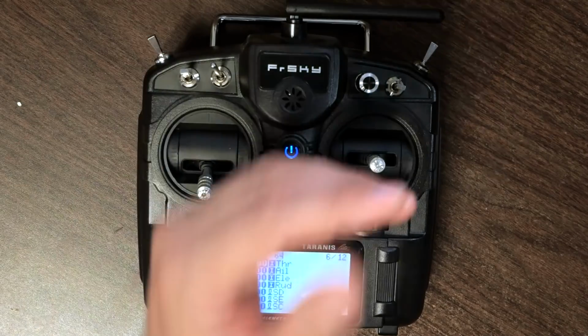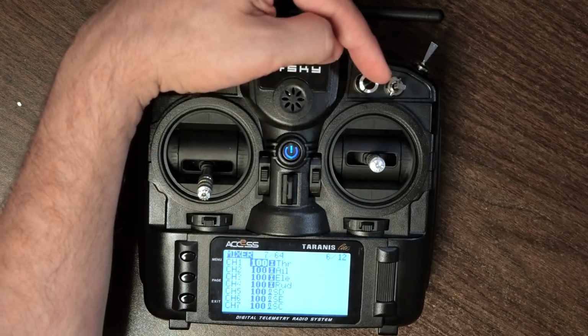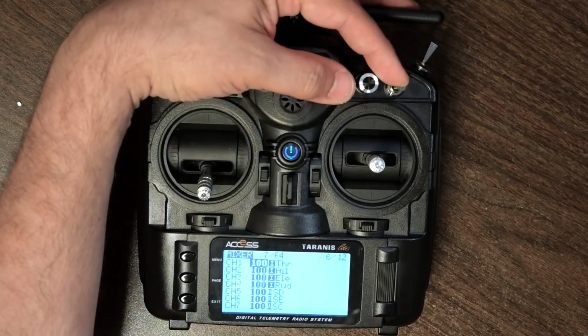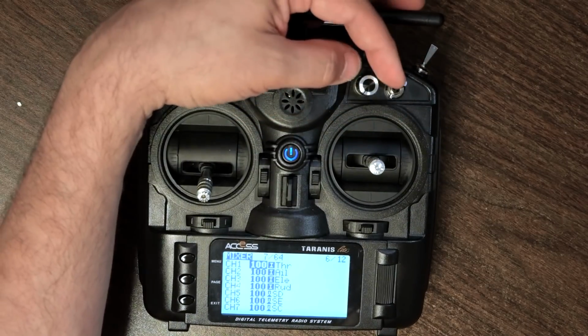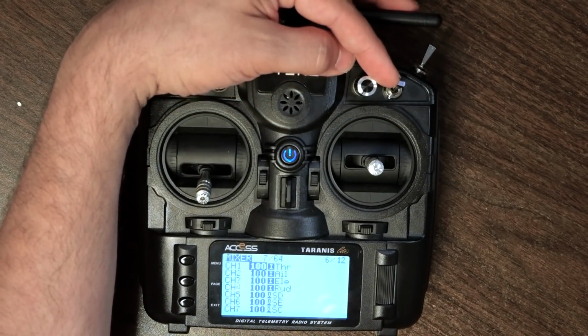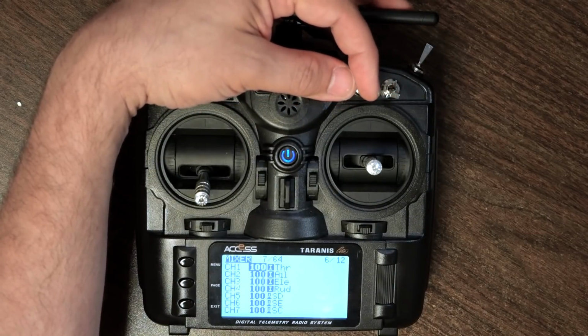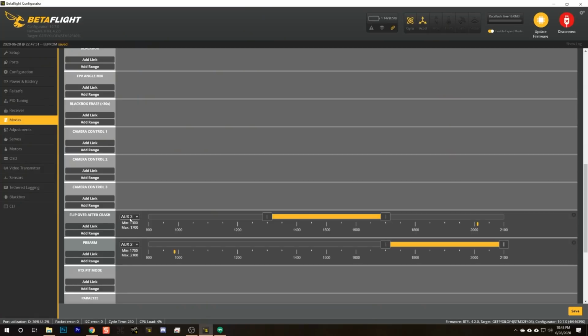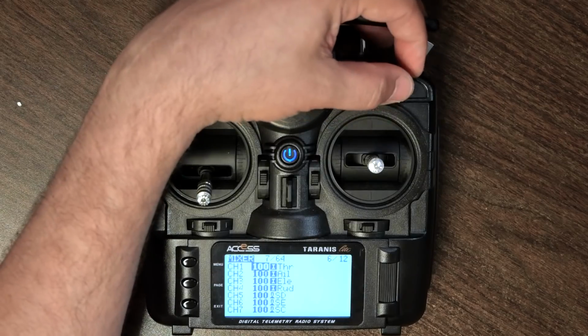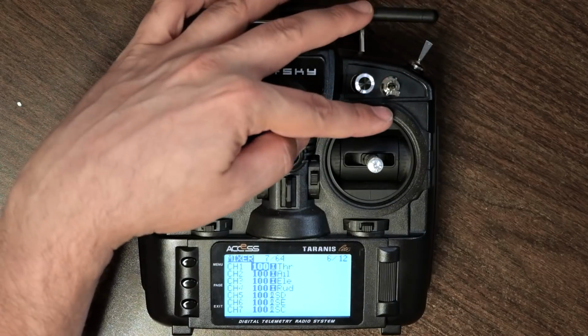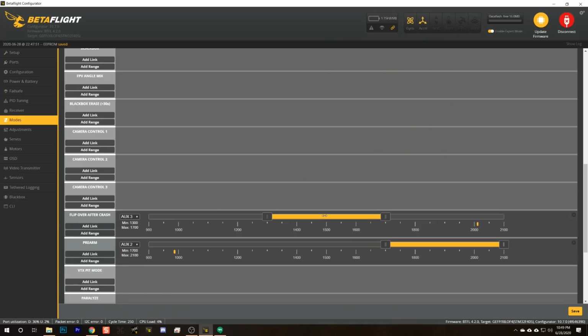What I want you to do is, we're actually going to reuse this switch. This is a 3-position switch, but we've only used 2 of the 3 positions. So the up position is going to be acro mode, the middle position is going to be angle mode, and the bottom position can be flip crash mode. So what I'm going to do is I'm going to set this, oh, it's already picked it up. Isn't that nice? See, it's already picked up aux 3 because I was moving the switch. So I'm going to put that in the down position and move this over to cover the little yellow tick